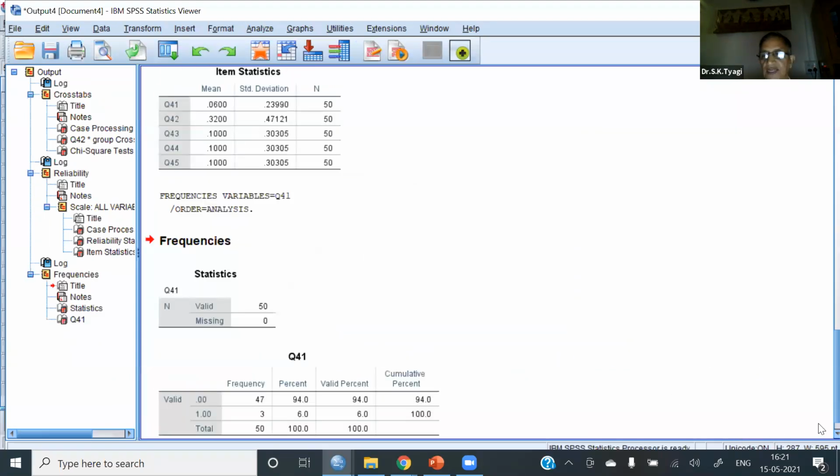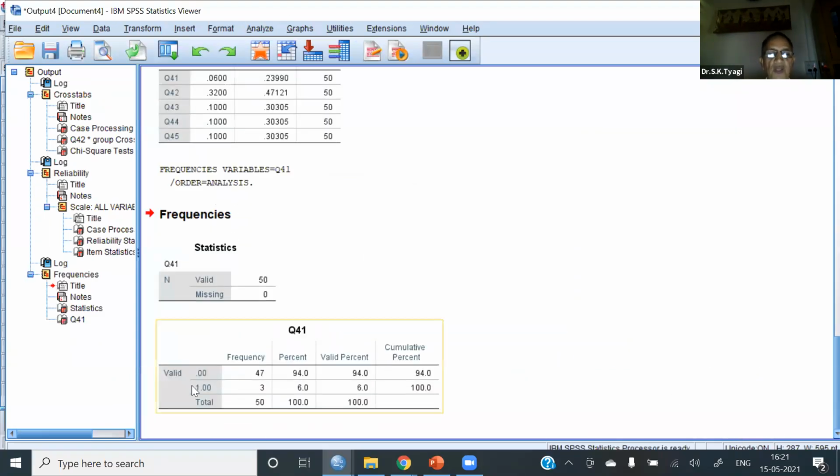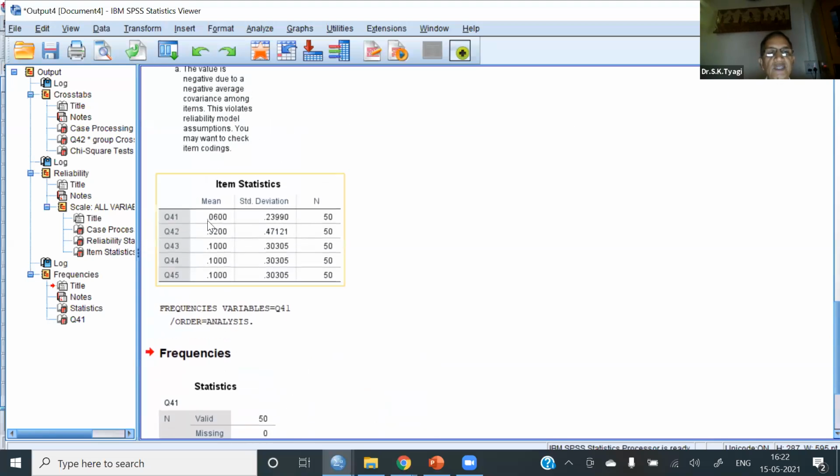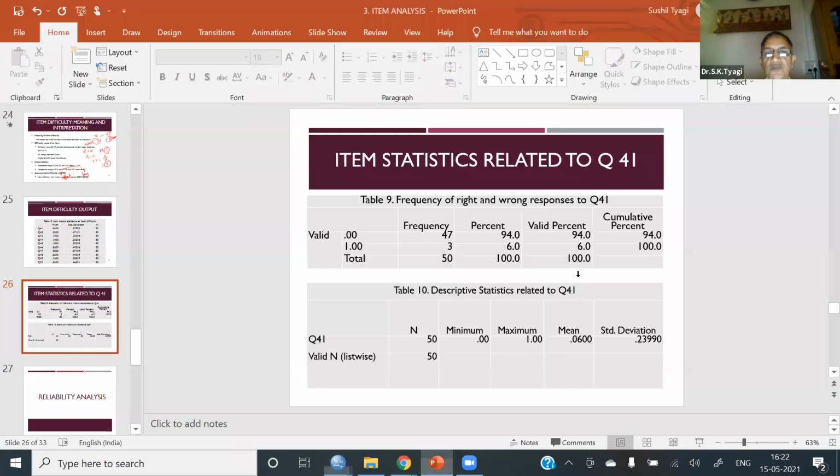So I get this table. This table tells you that on question number 41, 0 response frequency is 47, and 1 response frequency is 3. 1 response is correct, 0 response is incorrect. So right responses are 3, wrong responses are 47. So 3 out of 50 is 0.06, that is the mean, 0.06. See, this is the table.